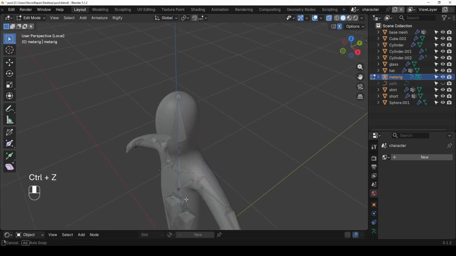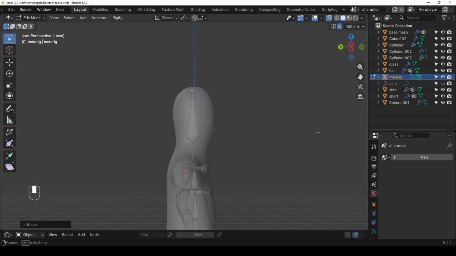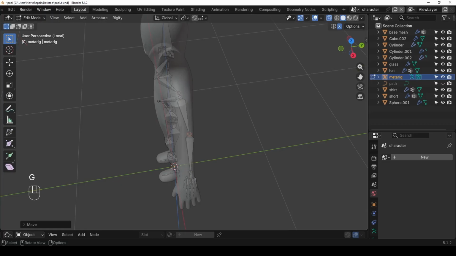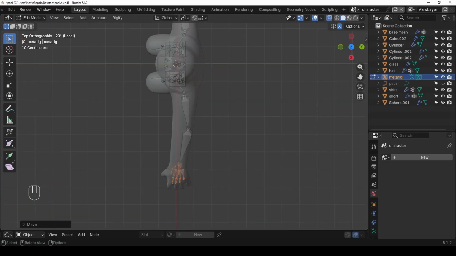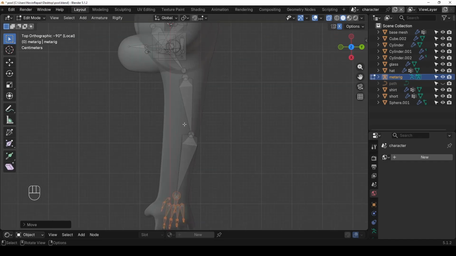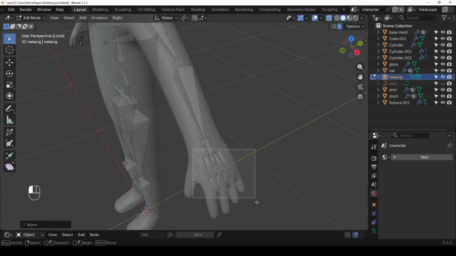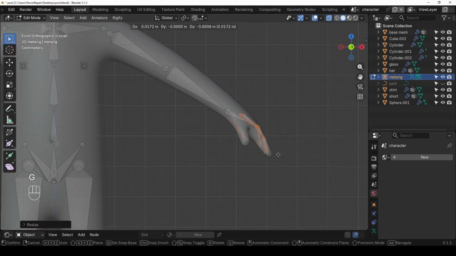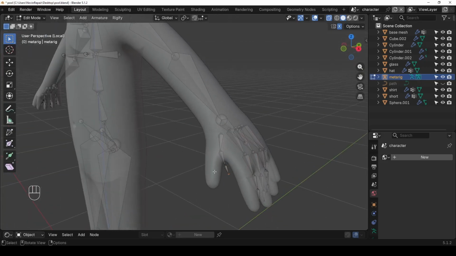So Ctrl Z and then G to bring it back a bit, and this one must be here, and these bones come here. So if I look at it from the top view, you can see they are not in a perfect straight line. This one, the elbow bone, must be a little bit toward back, and I can select all these and scale them and bring them over here,